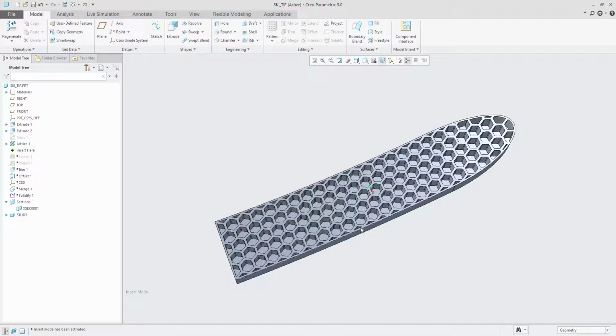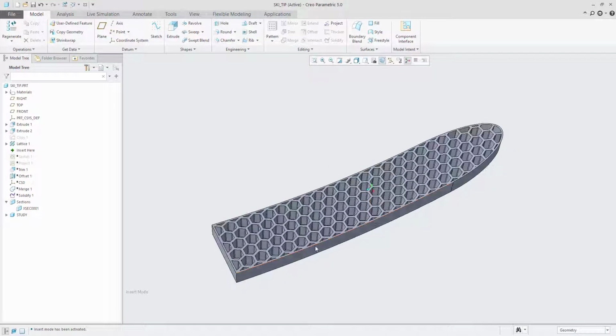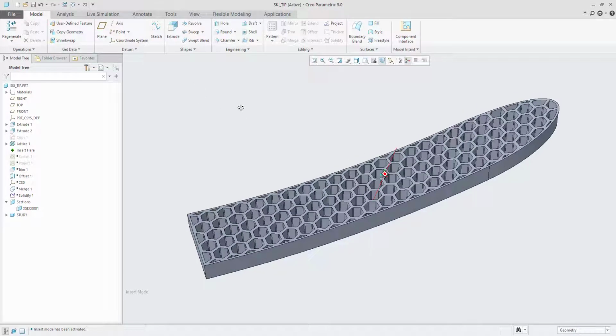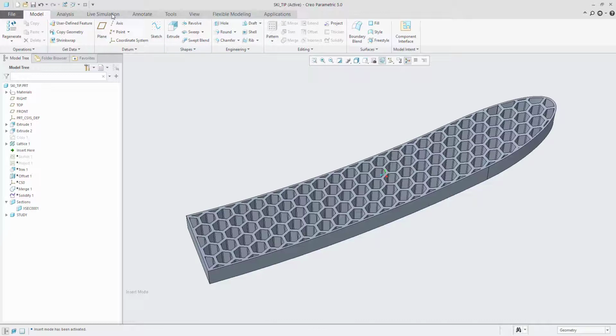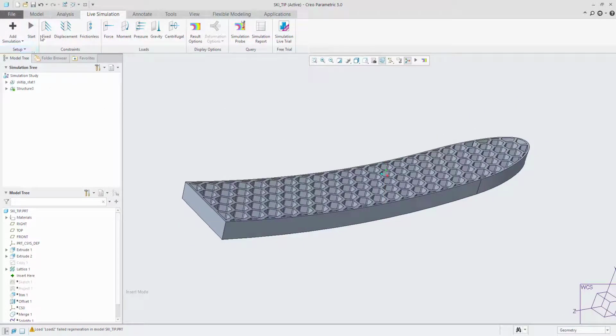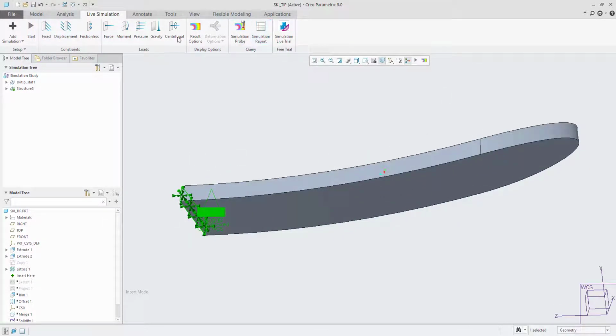And this is a perfect example of where Creo Simulation Live can come in and help us provide design guidance and feedback for this. It's perfect for this because it exists right inside the design environment that I'm using to create this model. So I just move over to the Simulation Live tab and start my analysis. What I'm going to do is set up a simple test case where I put some force up under the ski tip,